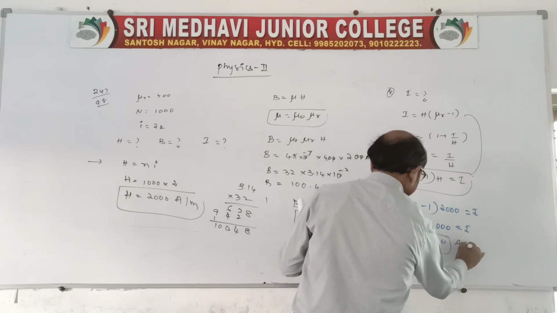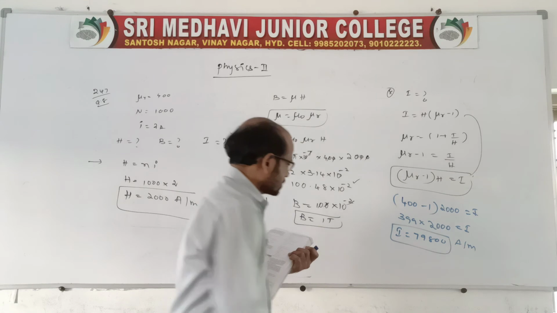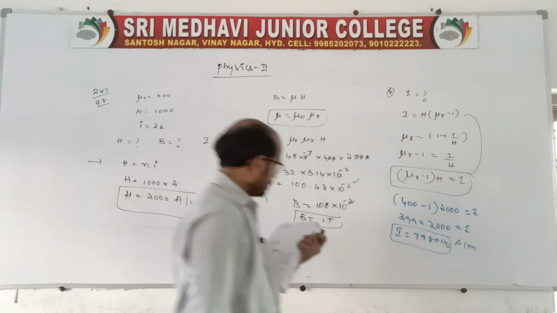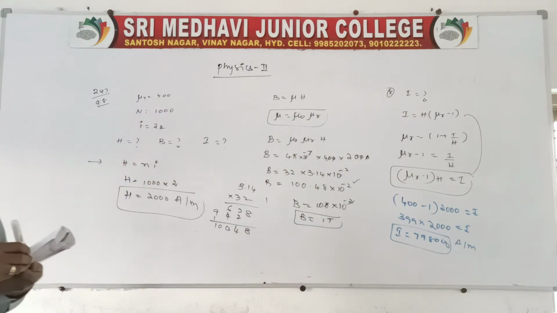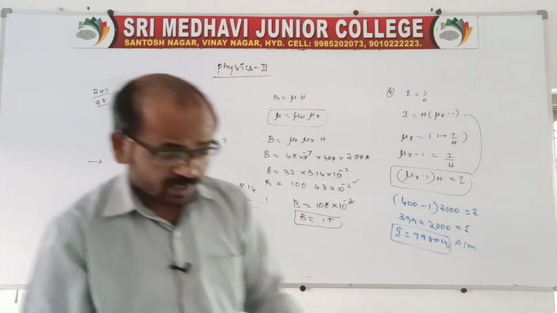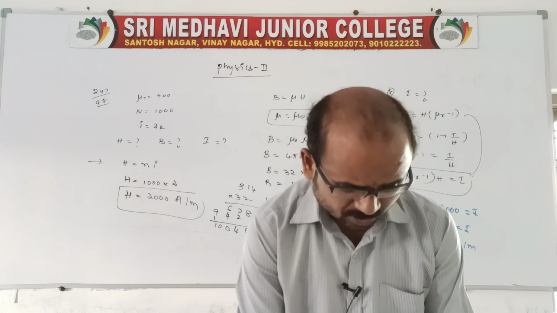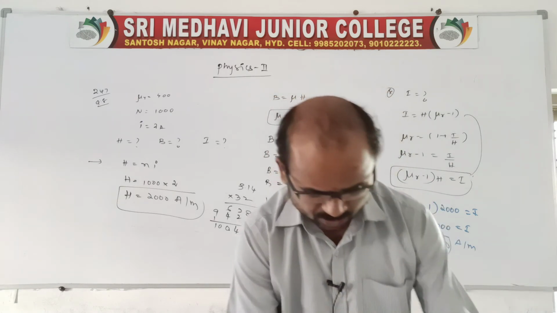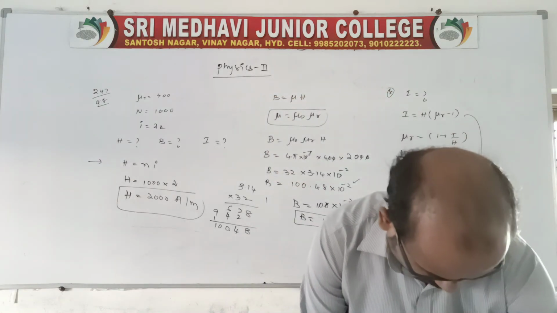Again it is also ampere per meter. See, one more zero will come, right? So like this, it is about the intensity of magnetization, because it is ampere per meter. So these relations are related to each other, and on the basis of all these relations together, one problem is given, right?